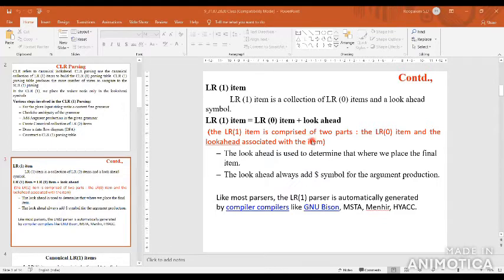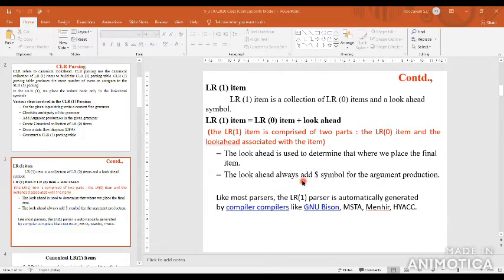The lookahead symbol is associated with the given grammar's augmented production. The lookahead symbol is used to determine where we place the final items in the table.